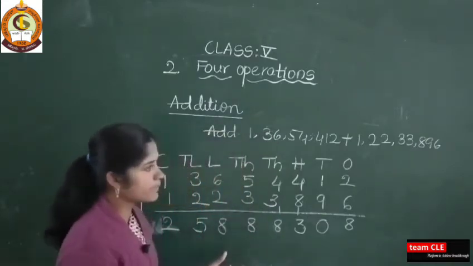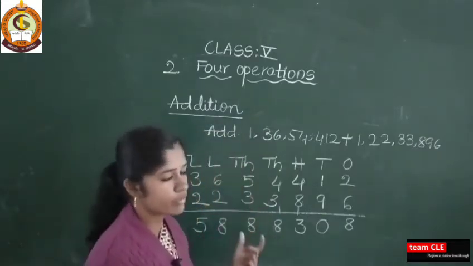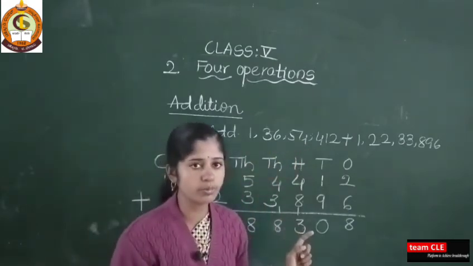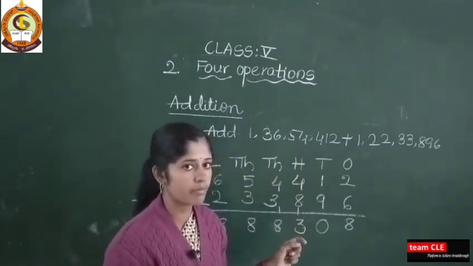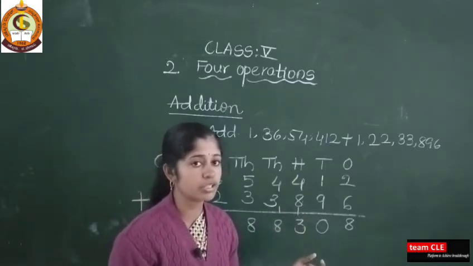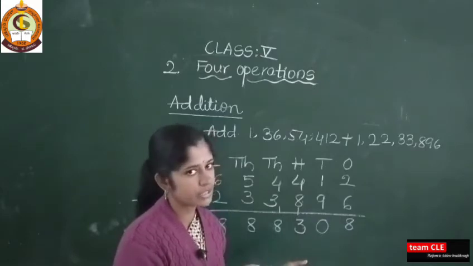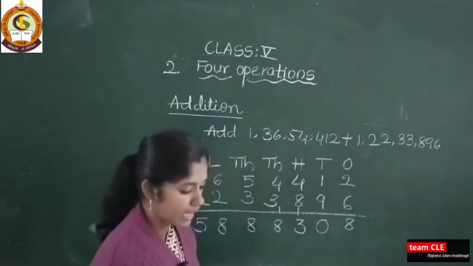And these examples are in the Indian system, because how do you come to know? See here, the commas are there in the Indian system of numeration. Already you know how to put the commas. In the Indian system we put the commas after the 3 digits, then 2 digits and 2 digits. So this will be the answer.